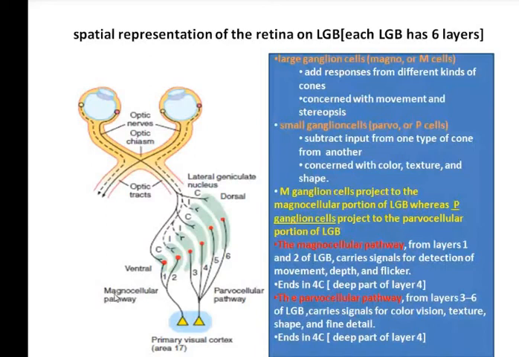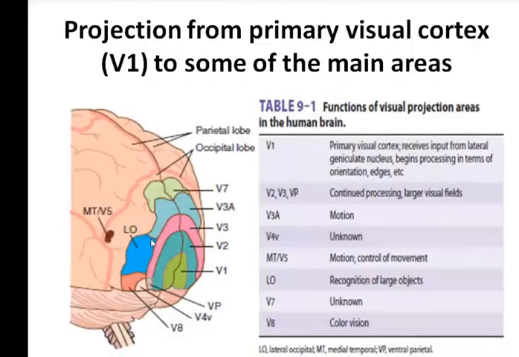So, if you look at here, at this level, this B1 is known as the primary visual cortex. Okay, primary visual cortex, and most of the information will go to the primary visual cortex, and from there, some of the information is also going to the other main areas. These are the different areas that are present in the